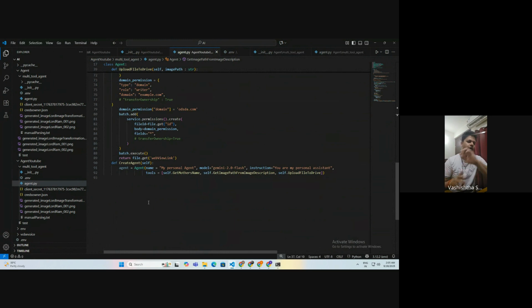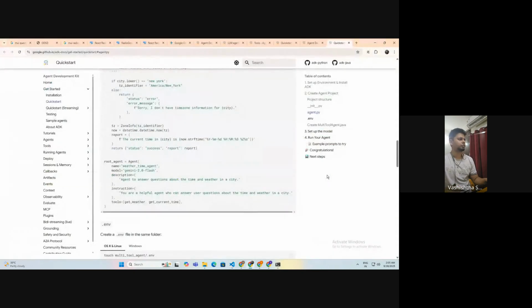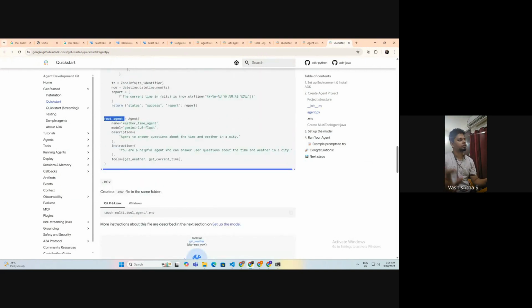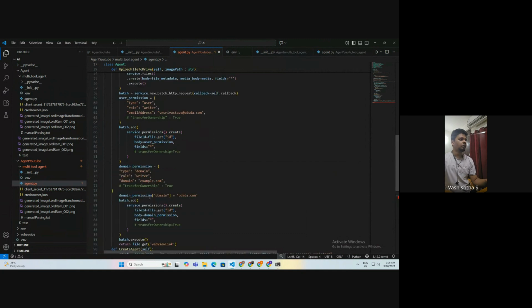So that was my purpose here. Let me just return this agent, root agent. Okay, it's time to show the documentation. So root agent is equal to agent, right? In this Python file, there has to be in the end a root agent written. So that's why I'm writing this root agent equals to,